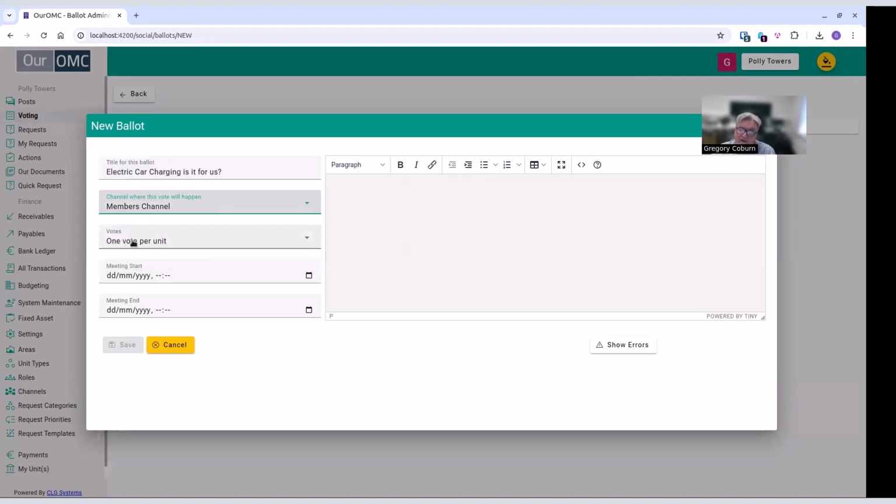And as a member vote, it'll be one vote per unit. So we understand that, you could have three people in one unit and if they all vote, it still only counts as one vote. Tip for you is he who votes last votes longest, because when a second unit member of a unit votes, it will overwrite the first. Also, if you own multiple units, it will allow you to vote multiple times. If we're having a vote in the directors channel, that might be one vote per user. But when we're voting with members to make decisions for the OMC, it's one vote per unit that we want to have applied in there.